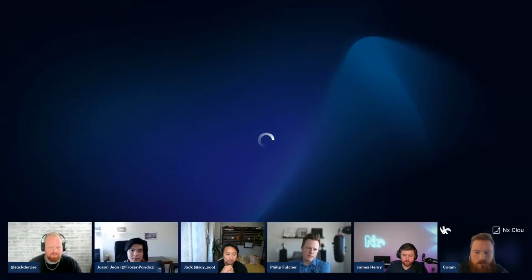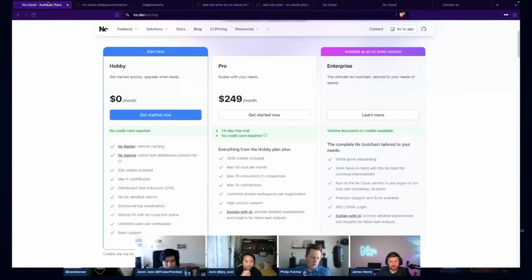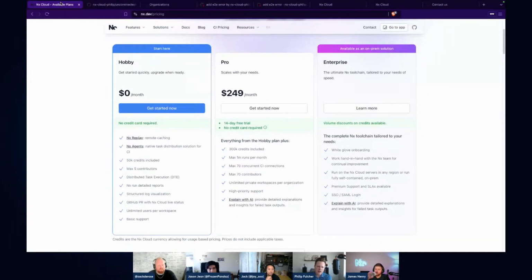So the first thing that I want to bring up, James actually mentioned this, is that we have a new hobby plan that replaces our previous free plan. The big change is that it enables a lot more features of NX Cloud. So if you haven't tried NX Cloud before, or you haven't tried it in a long time, this is a great jumping on point, because the hobby plan now includes access to NX agents.